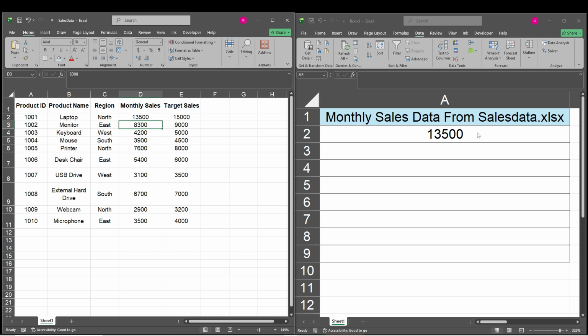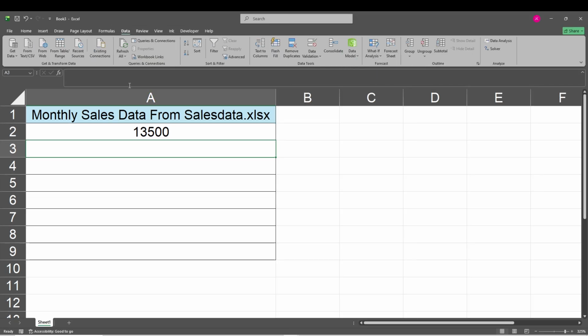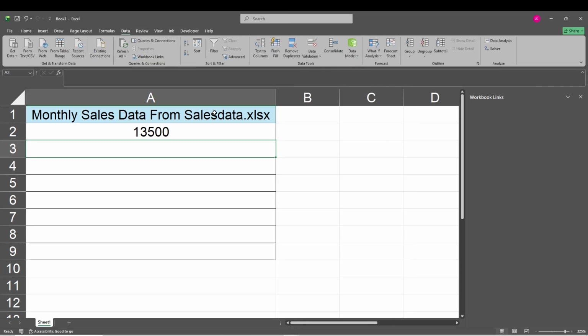You can also manage your workbook connections through the Data tab. Click on the Data tab, then select Workbook Links. Here, you can view, update, or break links to other workbooks. This is helpful if you move files to a new location or want to confirm all external links in your spreadsheet. By using workbook connections effectively, you can create more dynamic spreadsheets, reduce manual work, and ensure consistency across multiple